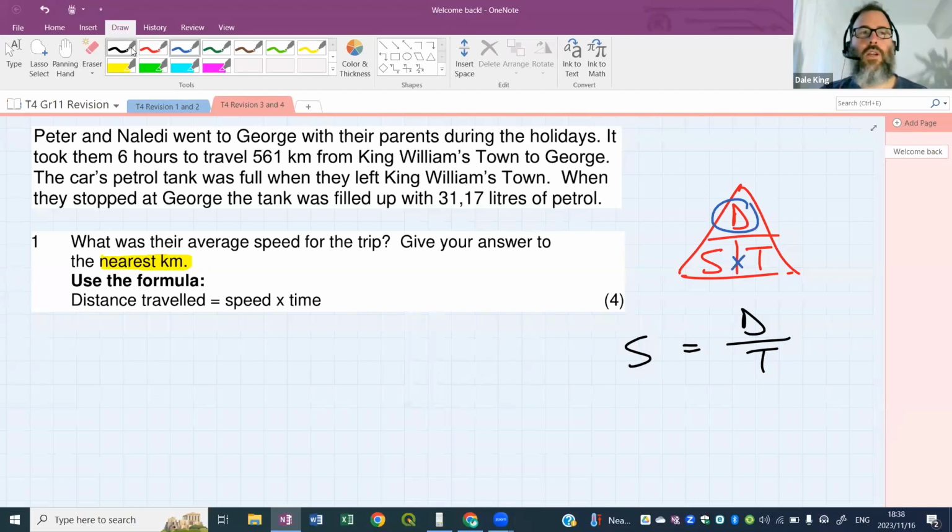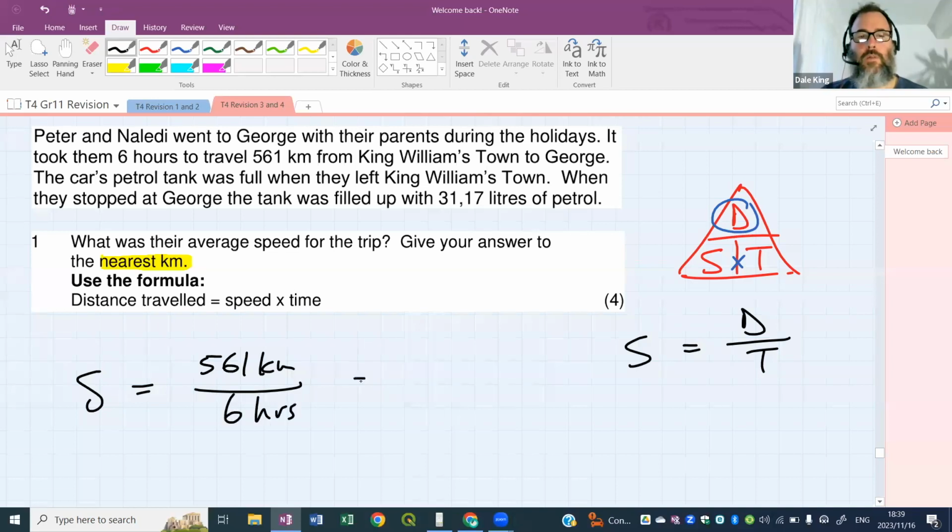Okay, so with this little triangle, you can work out any of these. You don't need their formulas. So we're not going to work with distance equals speed times time. We're going to work with speed equals distance over time. So to get our speed, S, we need to take our distance, which is 561 kilometers, and put it over our time,